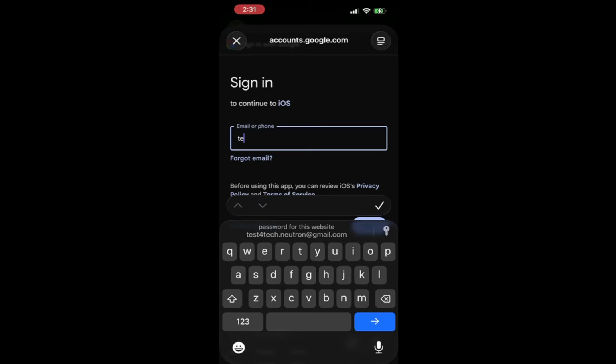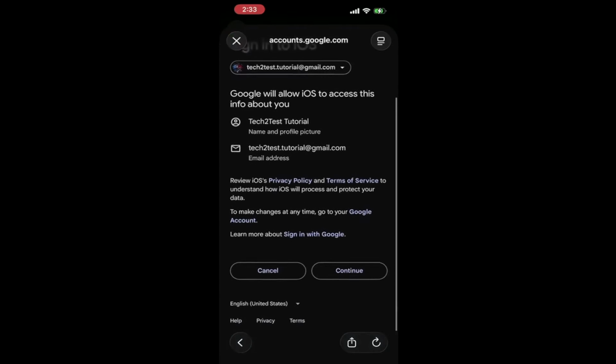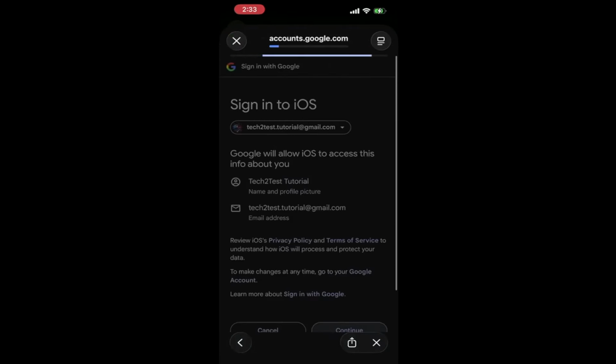This toggle will allow your device to sync calendar events between Apple and Google. It is important to enable this feature to ensure that your new events will be saved to Google Calendar. Once you activate it, you'll notice that your Apple Calendar and Google Calendar begin to work in harmony.